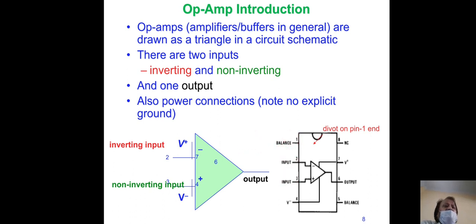Here I am showing the internal structure of the IC, which has 8 legs: 1, 2, 3, 4 and 5, 6, 7 and 8. Terminal 1 is a balancing leg, terminal 2 is the inverting input, terminal 3 is the non-inverting input, and terminal 4 is the negative DC supply. Terminal 5 is another balancing terminal. Terminal 6 takes the output of the amplifier, terminal 7 is where the positive DC voltage is applied, and terminal 8 is NC, not connected, in the IC.